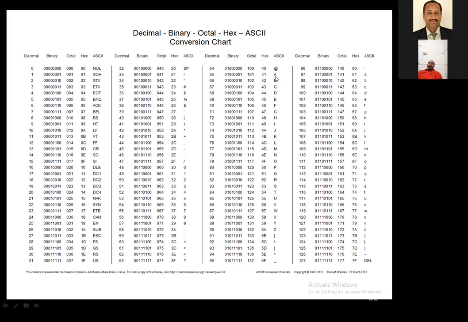So in a program, whether you write A, or 41H, or 65D, that is decimal, the meaning of all these is the same. It is going to transfer the character A. So this chart you can take a hard copy of. It is very important whenever you are working on coding.